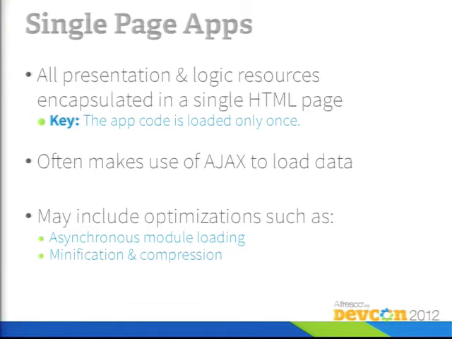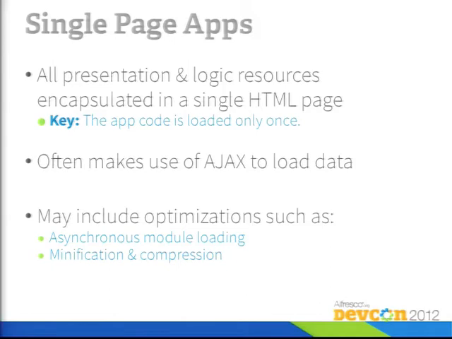Generally speaking, all the views that encompass the application, all the client-side business logic, is implemented in JavaScript, CSS, and HTML, and is loaded, whether it's lazy loaded through asynchronous module loading or just loaded in one fell swoop, and it is residing on the device, okay? So all the presentation and logic is on the device. It's generally aggregated effectively through a single HTML page, and there are tricks to make it a little bit more performant. And generally speaking, the transaction that occurs between the browser and the backend, whatever that backend might be, is no longer just fetching HTML, but it's really fetching structured data, usually in the form of JSON. But it does not have to be that way.